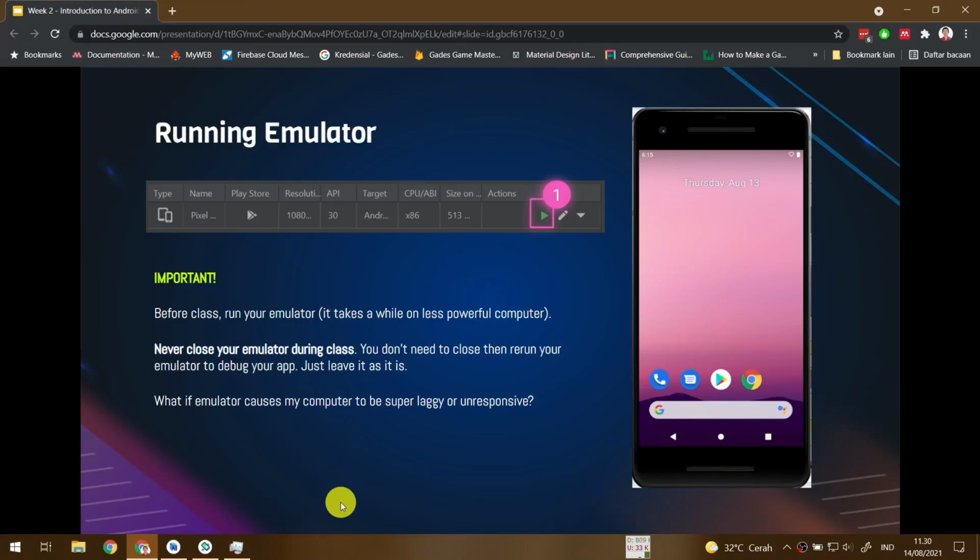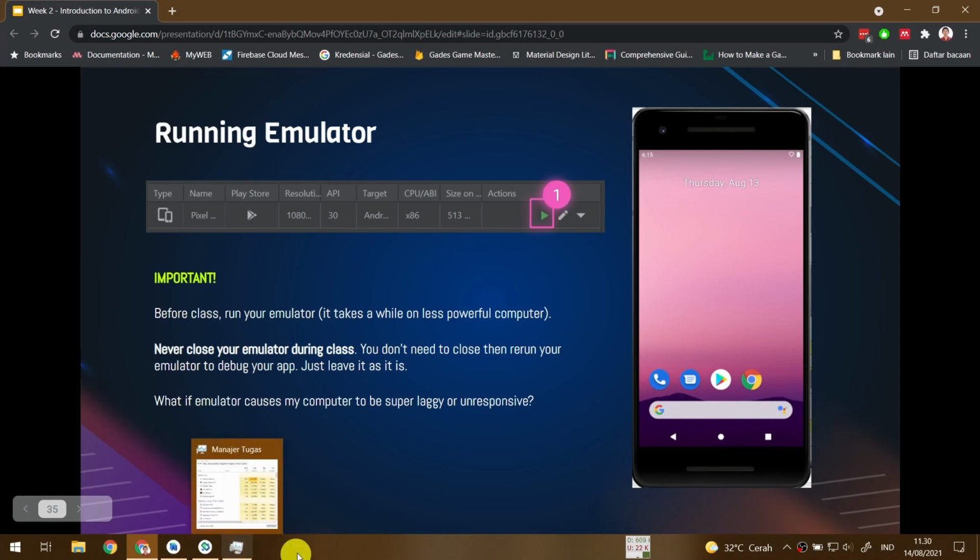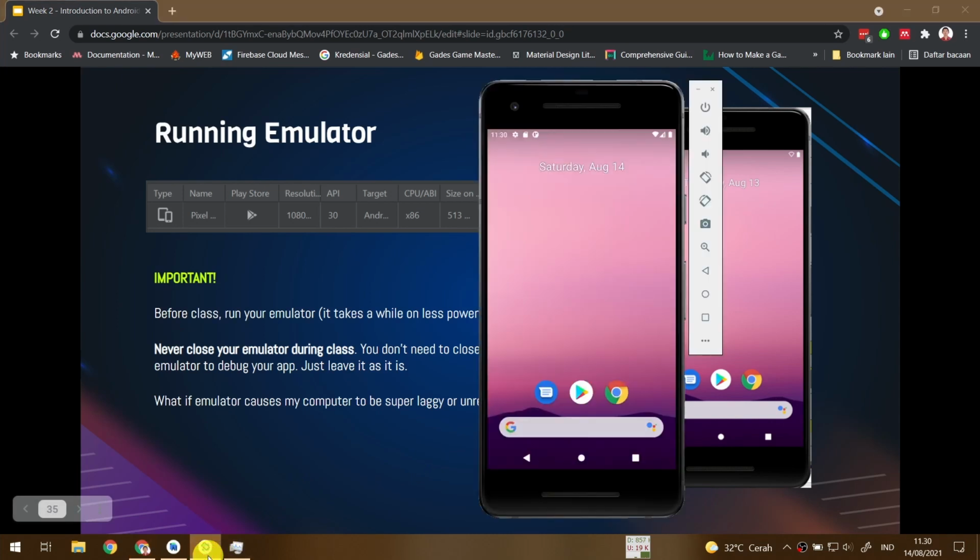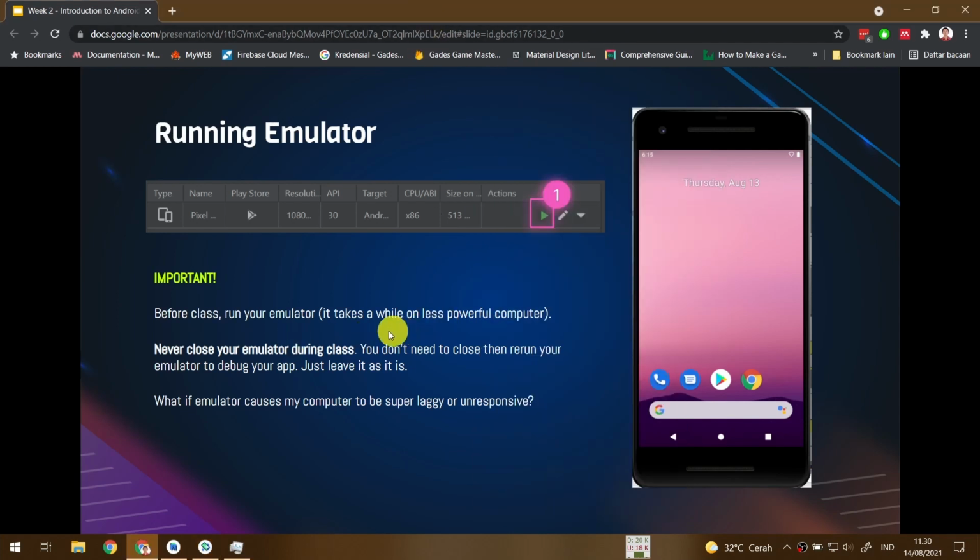Now, because the emulator takes a lot of RAM, I don't suggest closing it during the class. Please leave your emulator open during the NMP course. Please open your emulator beforehand because it takes a while to open an AVD.